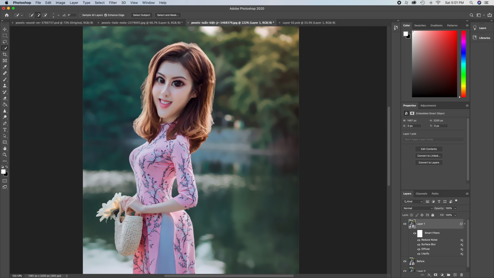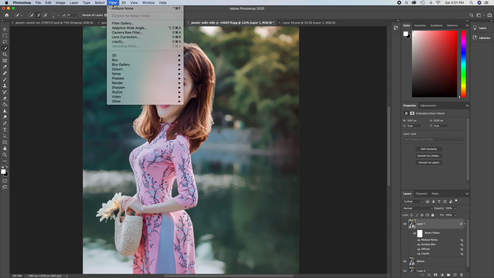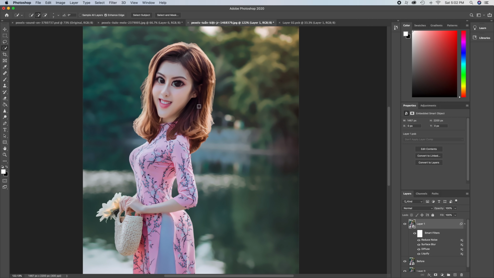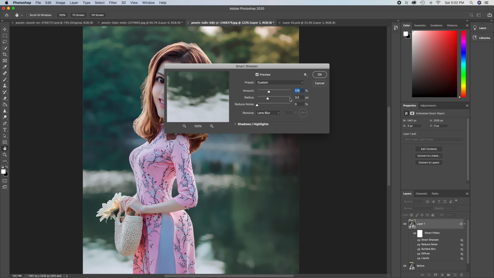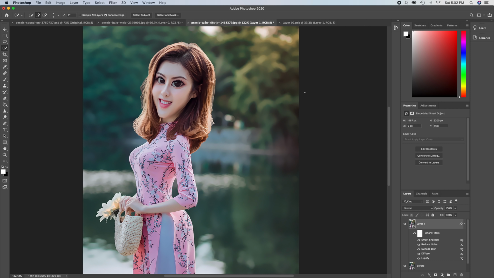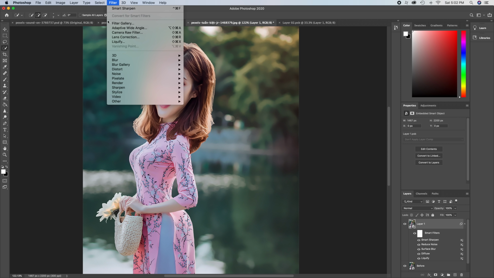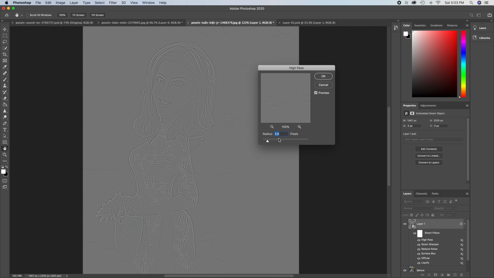The picture looks kind of blurry, so we're going to add some sharpen effect. Click on Filter once more, go to Sharpen and go to Smart Sharpen. Okay, so we'll make sure it's at 175, radius 3.0, and the remove option is Lens Blur. Go and click OK. So the next thing we're going to add is the eye pass effect. Go to Filter, Other, and High Pass. Make sure the radius is at 3.0,